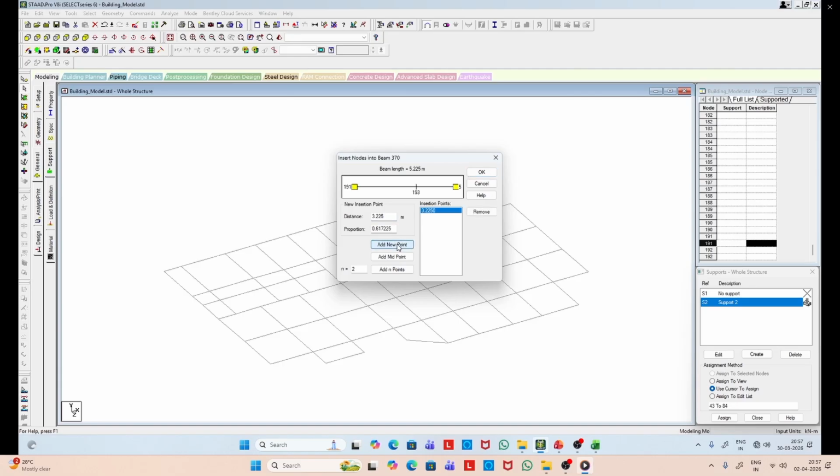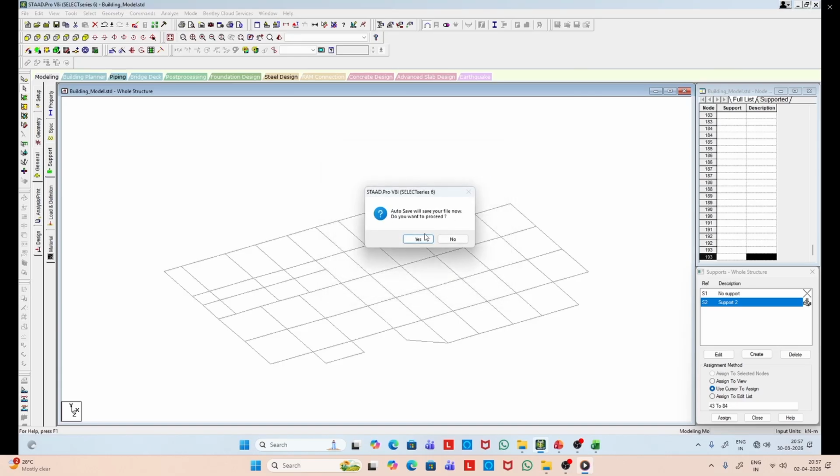You have to set these dimensions properly so that it is as per drawing. So now this node is created.